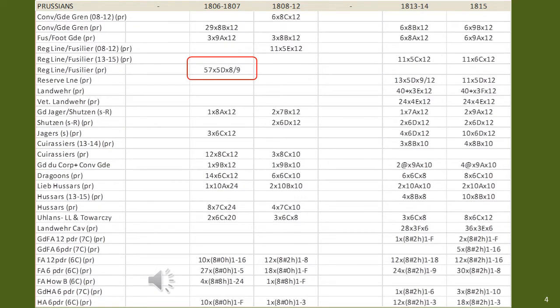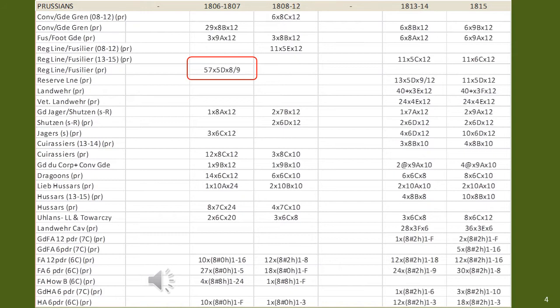This data got me rather excited until I realised it was filled with errors, which were probably required in order to fit it with the set of rules. This is one of the issues with attempting to use data in a set of rules as historical data. Obviously, in order to fit in with the rules, the designers had to manipulate the data, and that's certainly the case here. For example, the 57 line infantry regiments shown here each consist of 9 figures, which total 540 men,